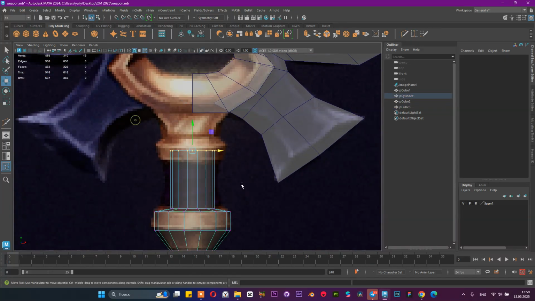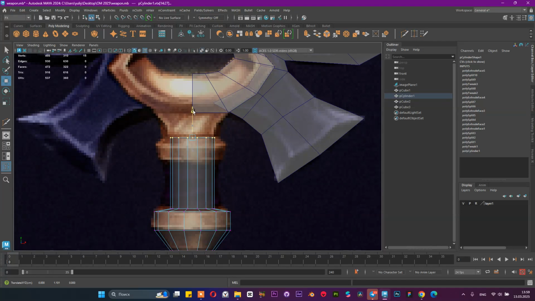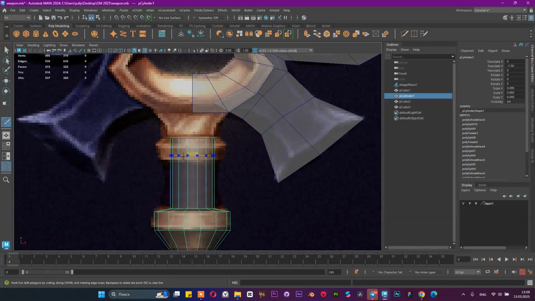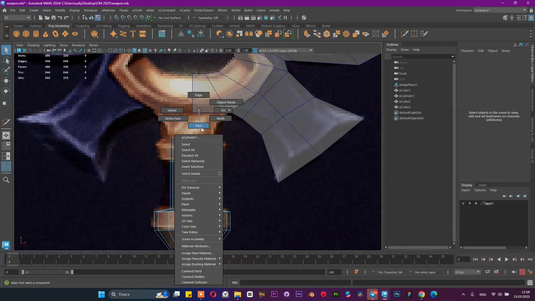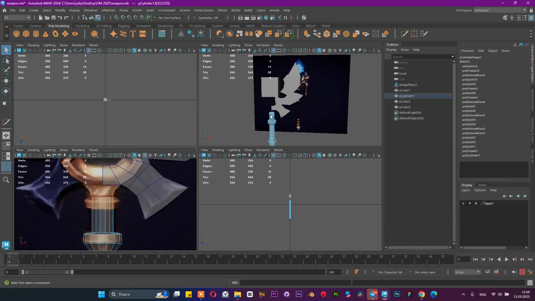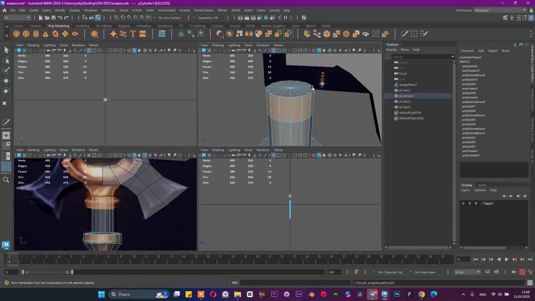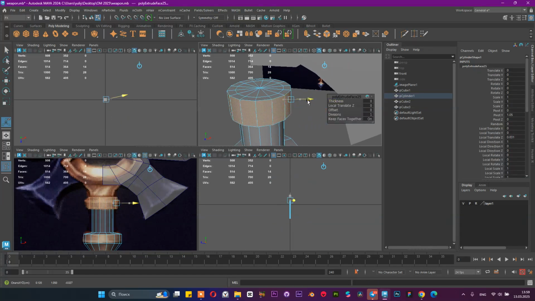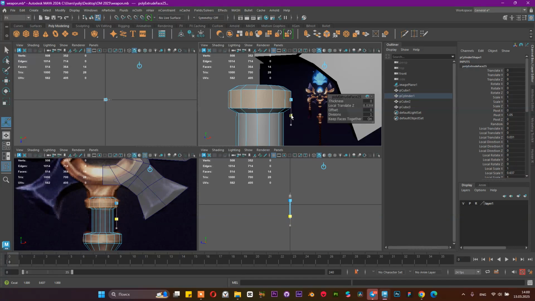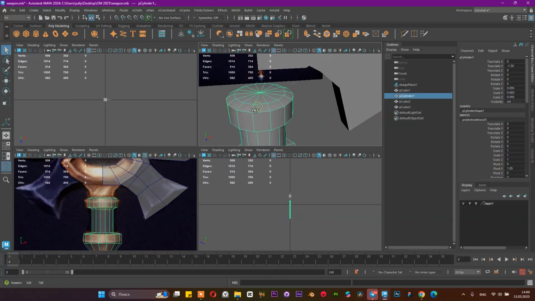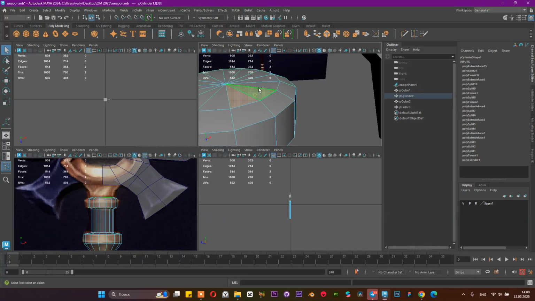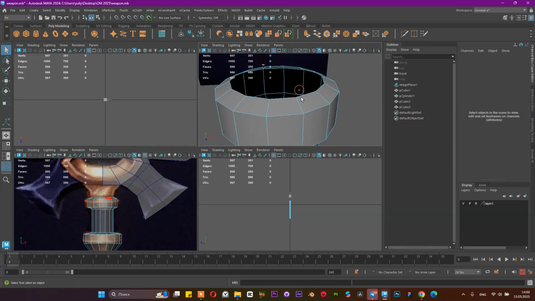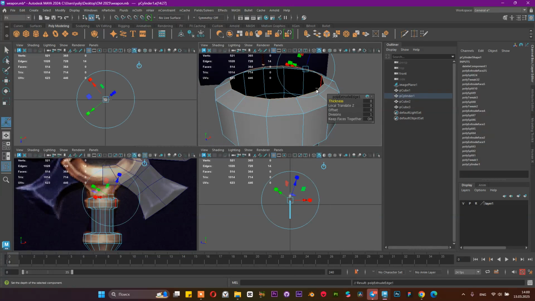Here we can also add some spherical part, make some multicut, make some extrusion faces. Here will be more informative from this side. Make some scale here, and we have this nice result. We can delete these triangles and make extrusion